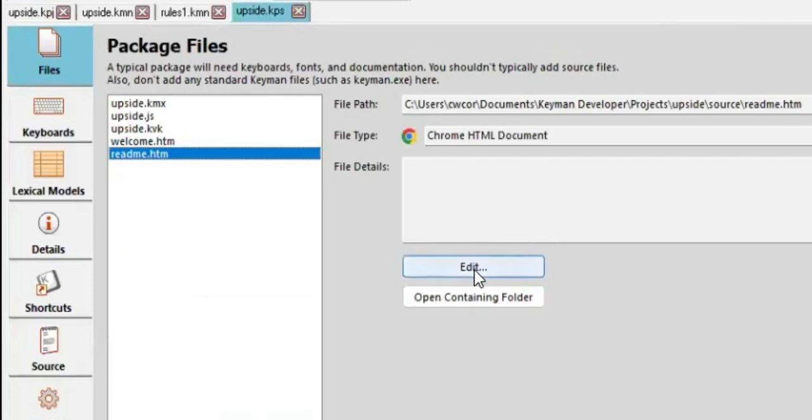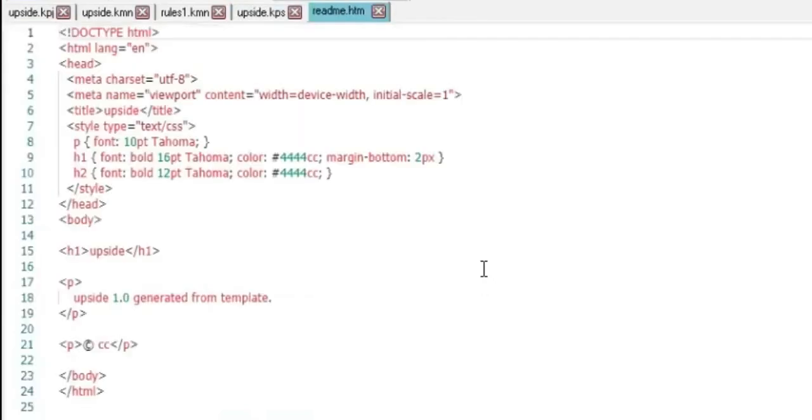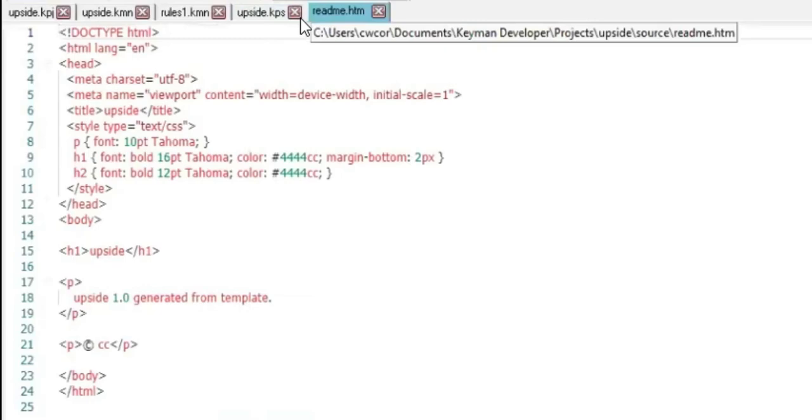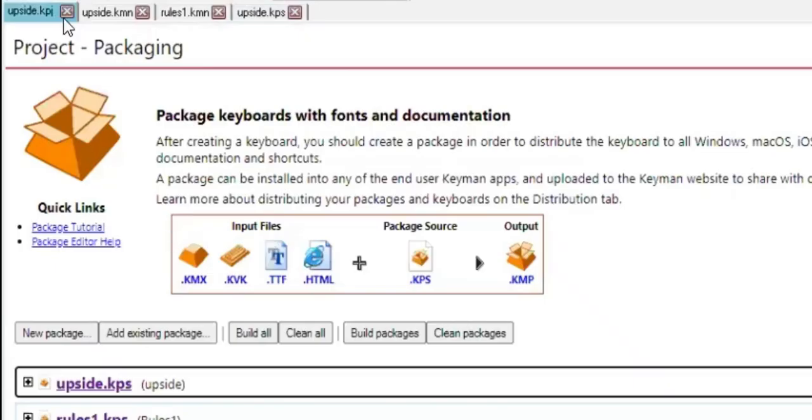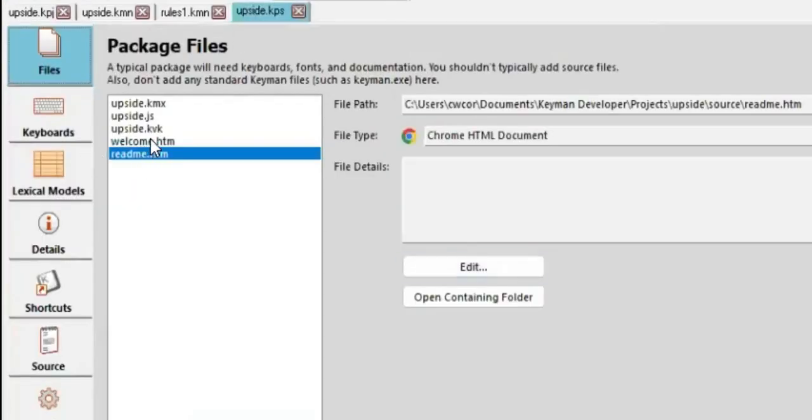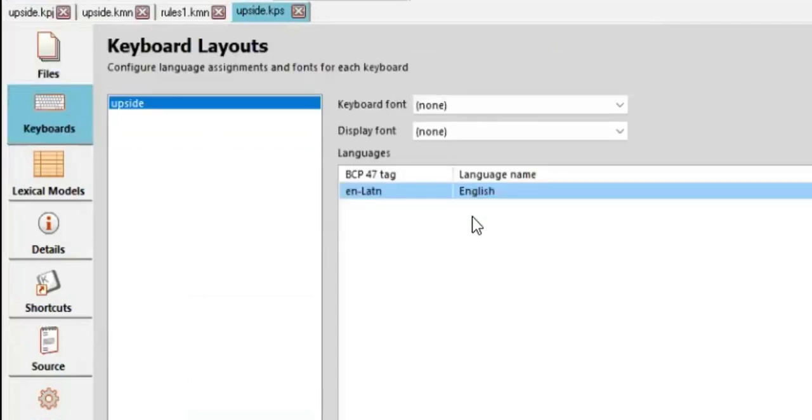There's a README file which is very similar, and this can be edited. And this would be a slightly different thing. The upside also has the ability to add different files that have been produced as output here. I don't think that's so terribly important at this point. One can say, let me define more about the keyboard. The keyboard in this particular case, the upside keyboard, has been added to this packaging,